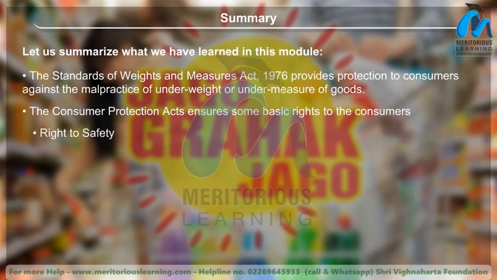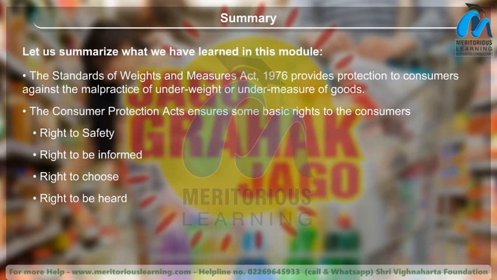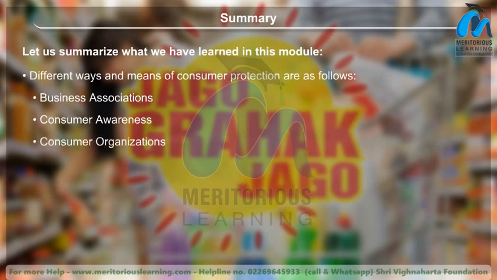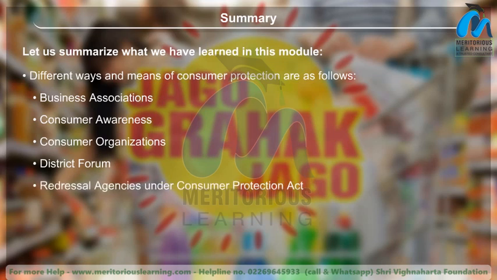Right to safety, right to be informed, right to choose, right to be heard, right to seek redressal, right to consumer education. Different ways and means of consumer protection are as follows. Business associations, consumer awareness, consumer organizations, district forum, redressal agencies under Consumer Protection Act, state